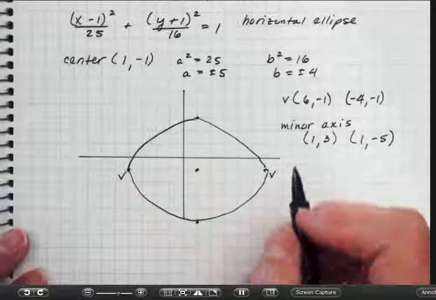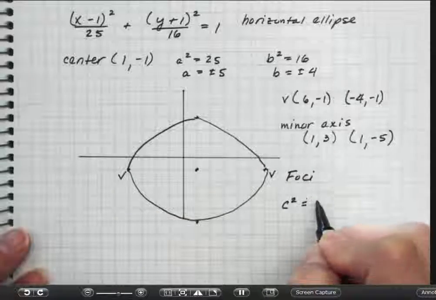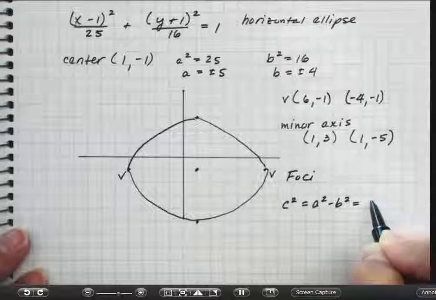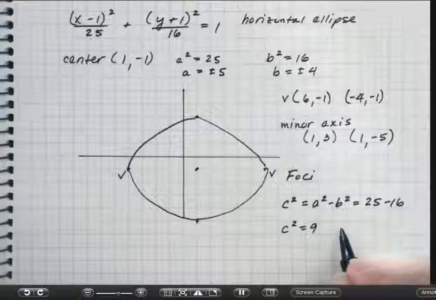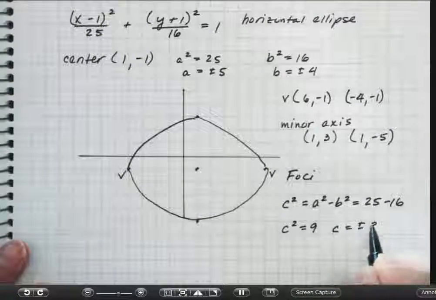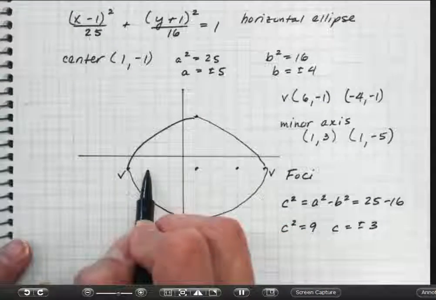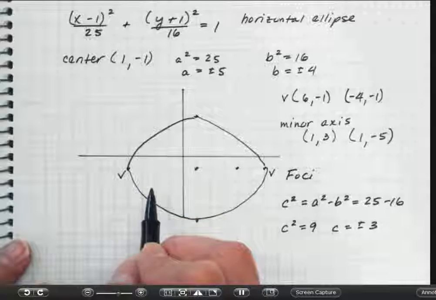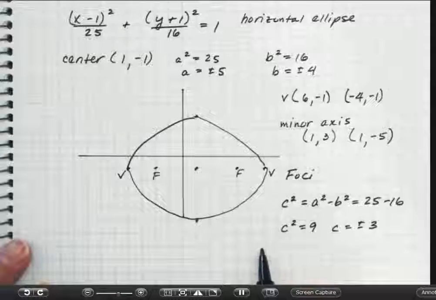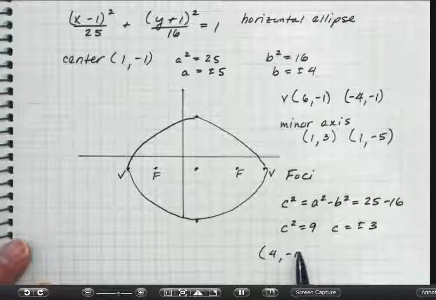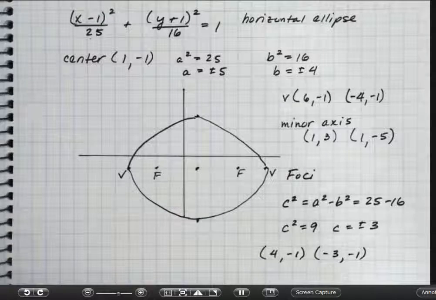Foci you find the same way. C squared equals a squared minus b squared. 25 minus 16. C squared equals 9. Therefore, c equals plus or minus 3 along the major axis in the x direction. So plus or minus 3. These are my foci. So they're going to have coordinates 4, negative 1, and negative 3, negative 1. So what I'm going to do